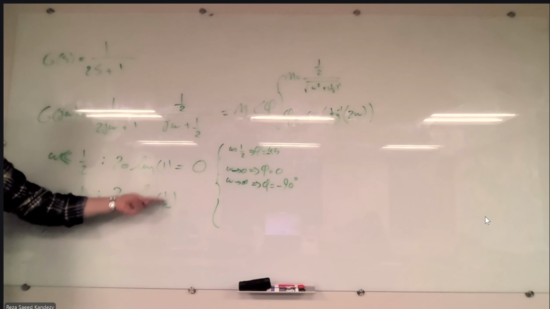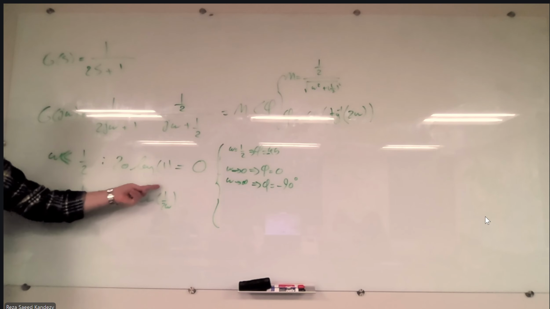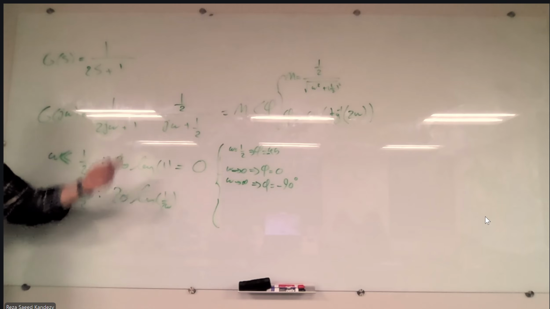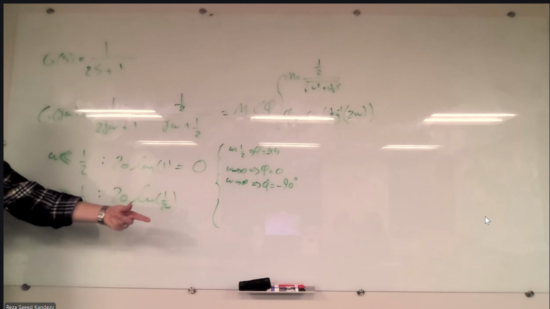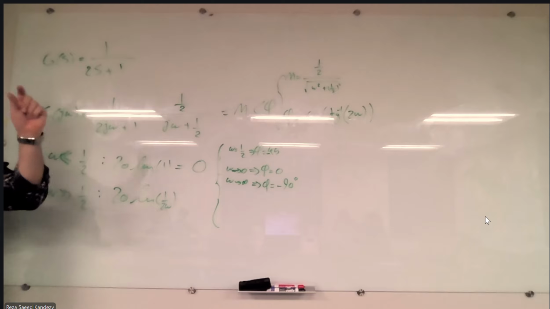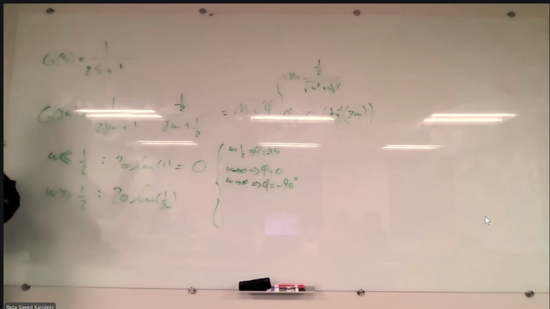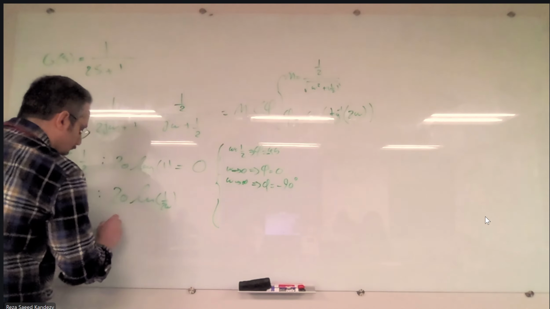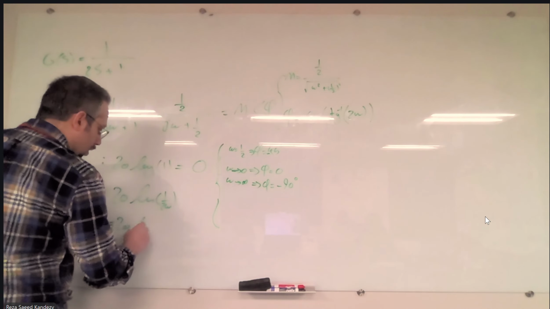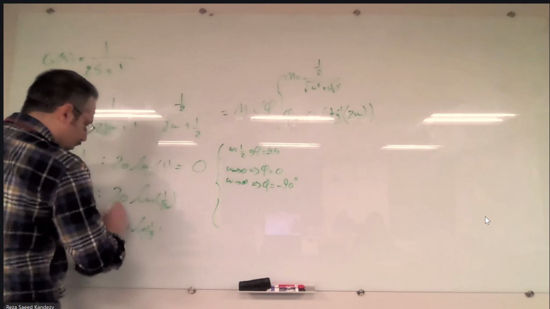The log of 1 over 2 omega is going to be the log of 1 over 2 times the log of 1 over omega. Are we good? The log of 1 over 2 is a constant number. Let's say a. Okay, so this one actually becomes 20 log of 1 over 2, plus